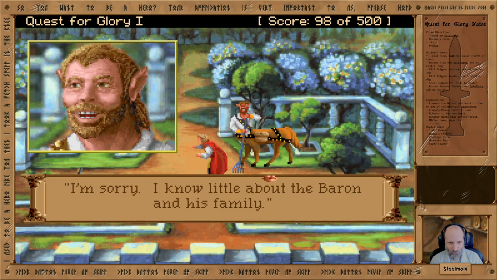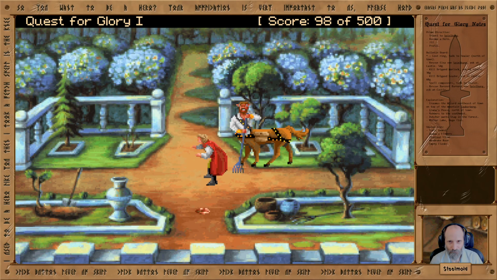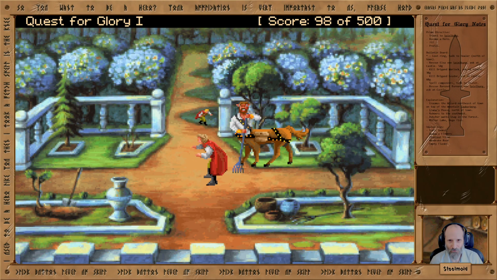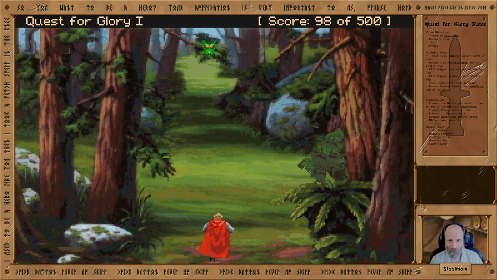Tell me about the Baron. I'm sorry, I know little about the Baron and his family. Okay, that guy doesn't know much. Let's continue exploration. Let's see, can we... Oh, no, I wanted to go to the orchard, but...